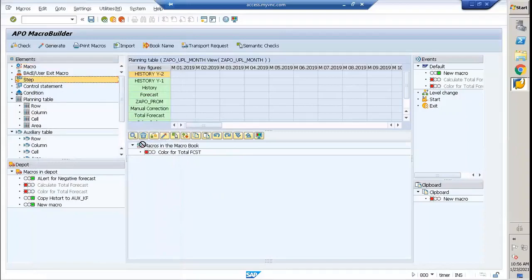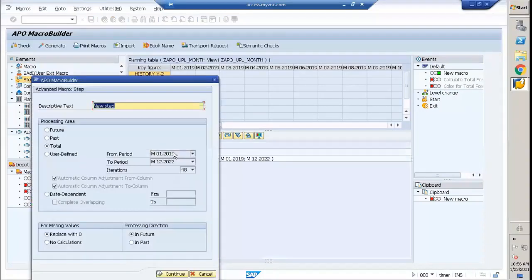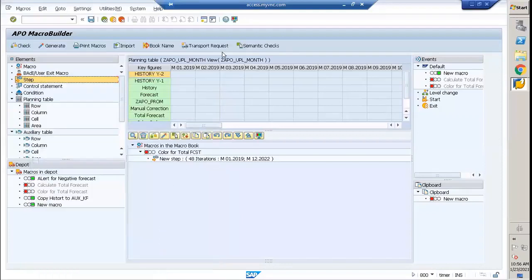Step. I want to color this macro for all periods. I have to maintain the color for the macro to identify